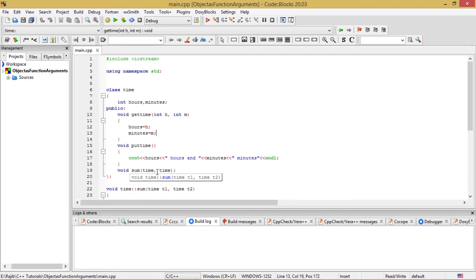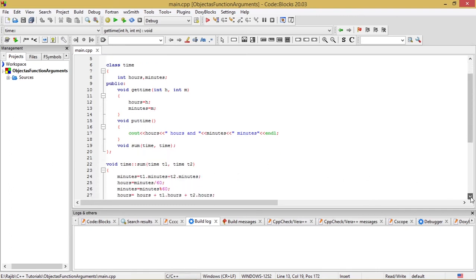So there will be two data items supplied as arguments or parameters to the sum function, and those are not built-in data types, they are of the user defined data type class time. So these two time data will be passed to the function sum as arguments. We can easily infer that these time data will be objects of the class time, which should be passed when the function is called.